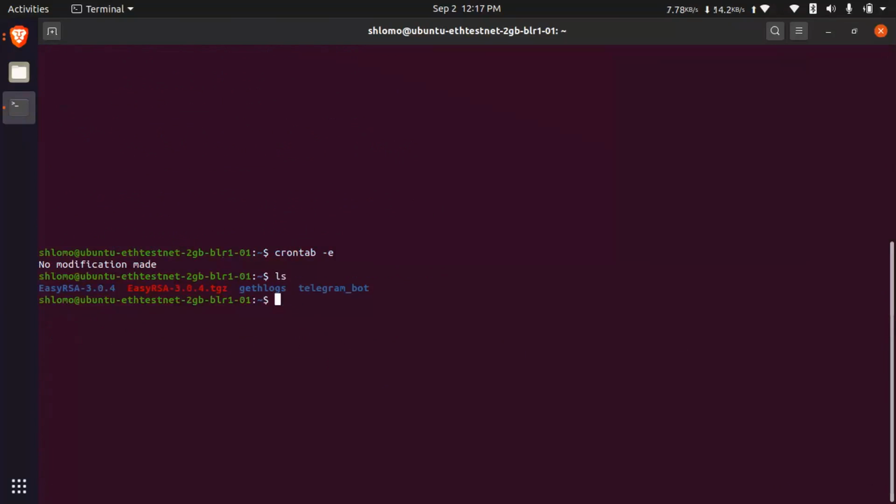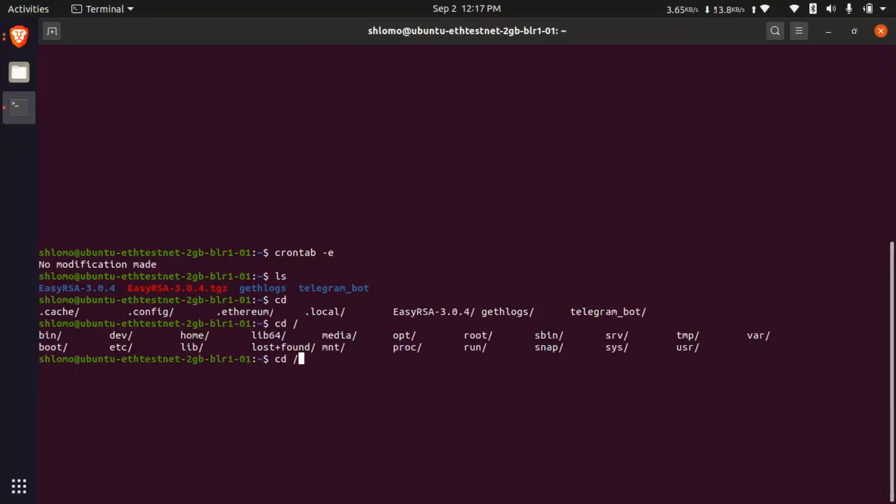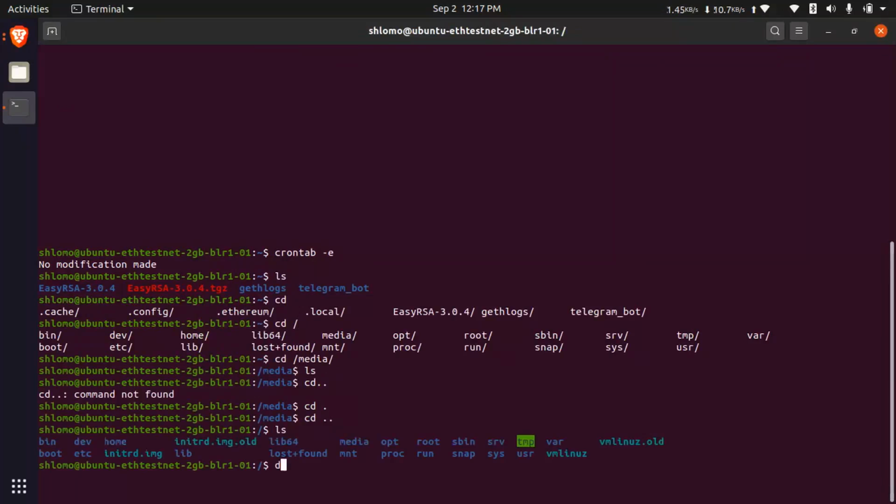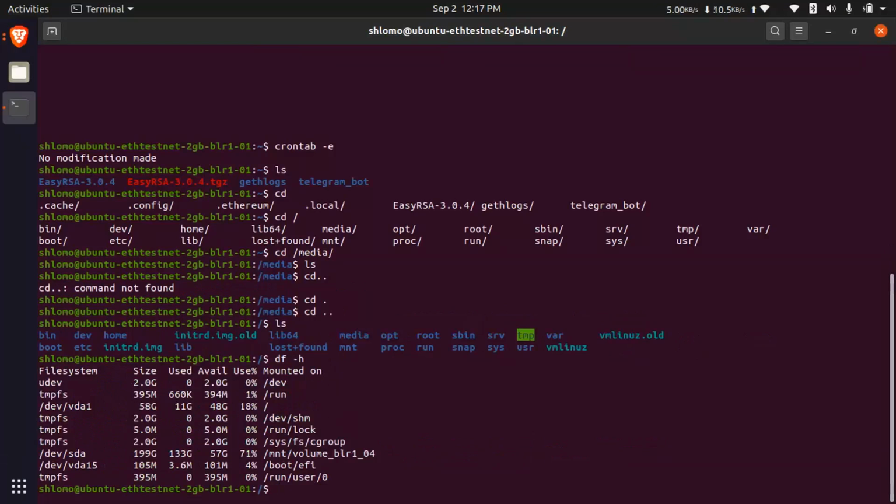And then let me show the data directory. This is the data directory for Geth, which I mentioned in that command.